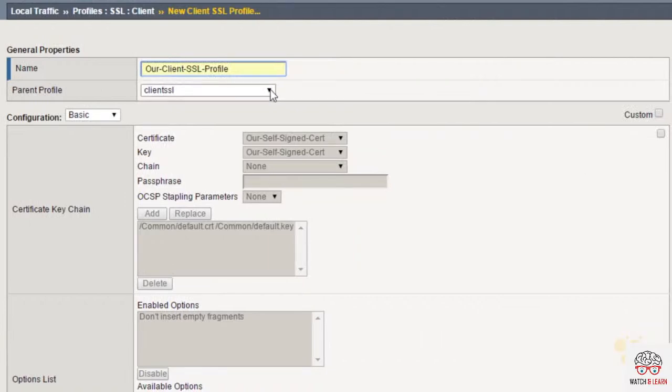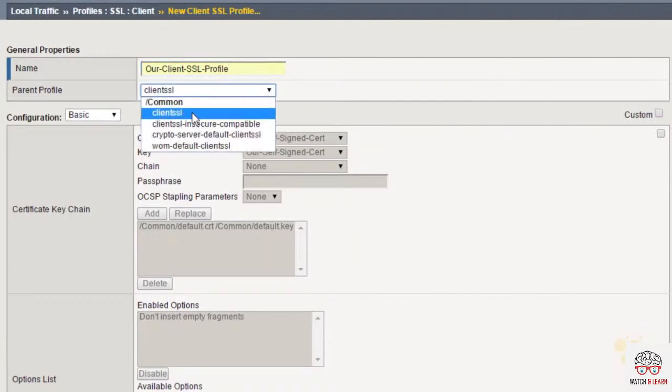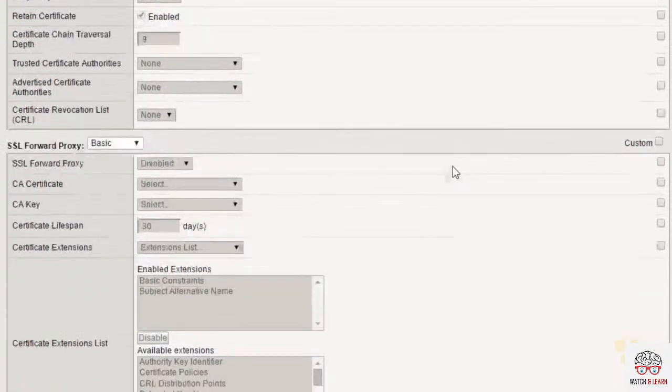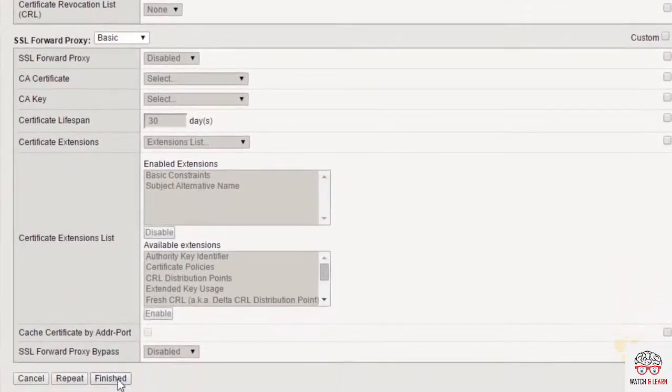It's also asking us for our parent profile. By default, it's using the default client SSL profile that came with the F5 appliance. So we'll accept that. And then if we wanted to change any of these attributes and we didn't want to inherit those exact attributes from the parent, we could go ahead and click the checkboxes on the right-hand side to change those specific attributes of this SSL profile. It is using our self-signed certificate, that's the one we just created, and really that's all we needed for this demonstration. So we can scroll all the way to the bottom, click on Finished,